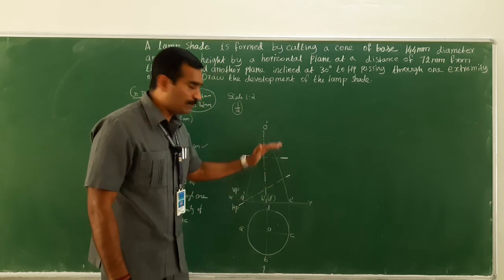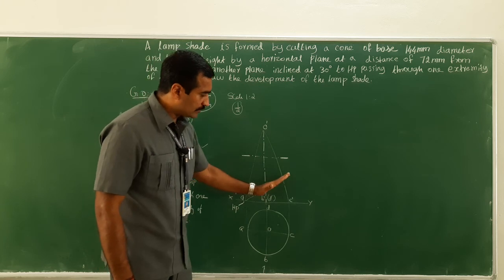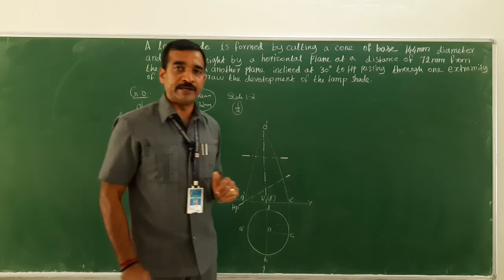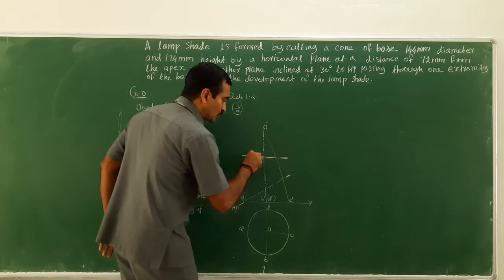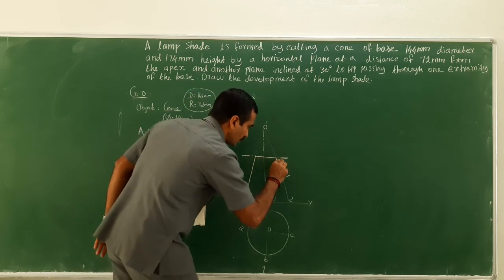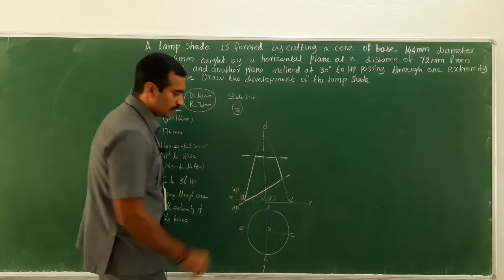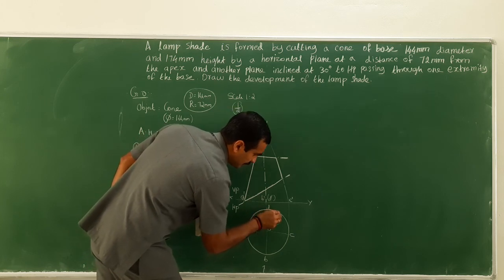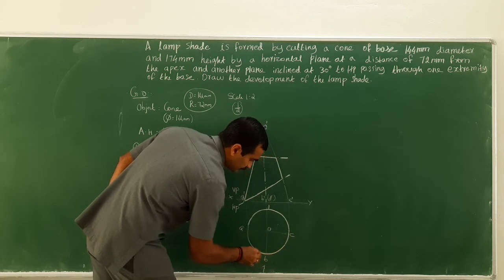Because 2 cutting planes are used, if you use this one, this will be removed, and if you use the other cutting plane, this would be removed, and this is the portion which should remain. So the remaining portion should be drawn dark. Clear? Right. And the circle, you can just draw as dark, because here it is not a sectional view.